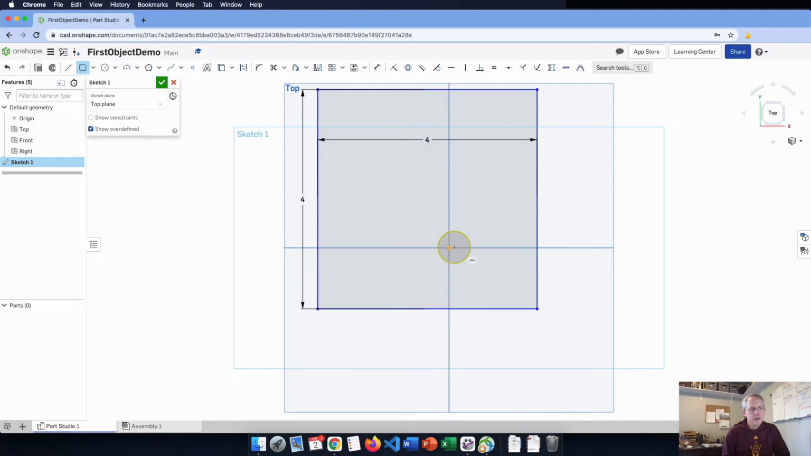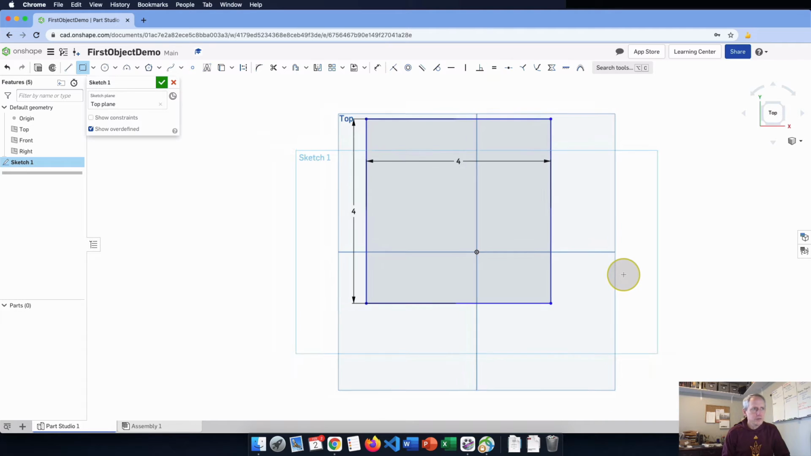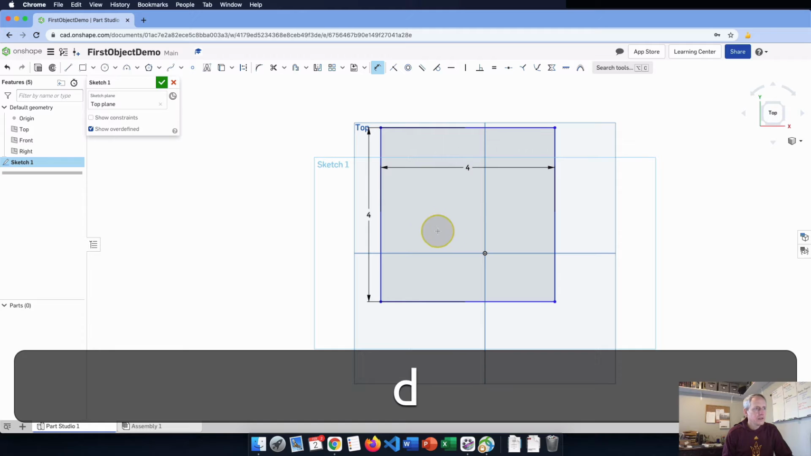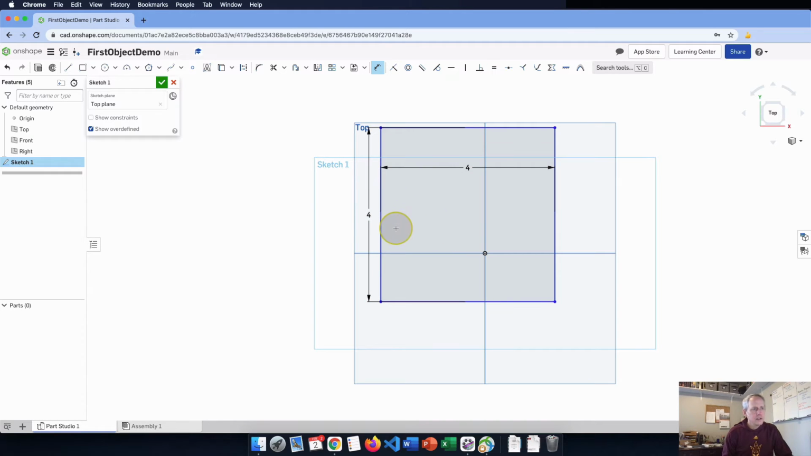Now I want to center it around here. These lines are blue, which says that it might know how long they are, but it doesn't know exactly where they should be. Scroll wheel zooms in and out. So I want to tell it where it should be. So I'm going to use dimension, which is not that one. This one right here. D is the shortcut key. So I press D, and then I want to show it what the distance is between this line and the origin point. So I click the line, I click the origin point,